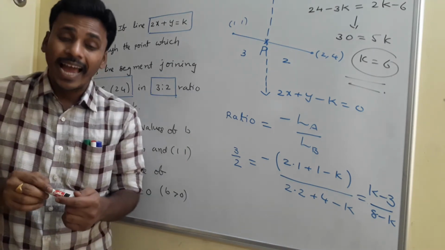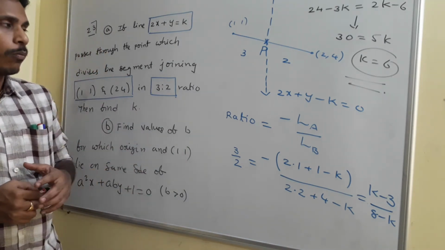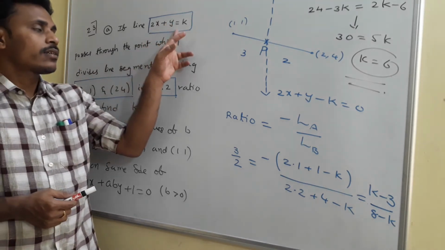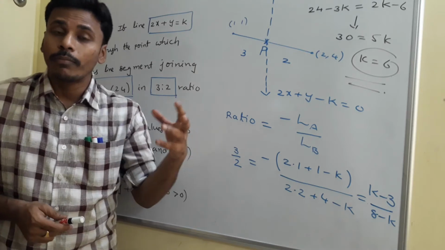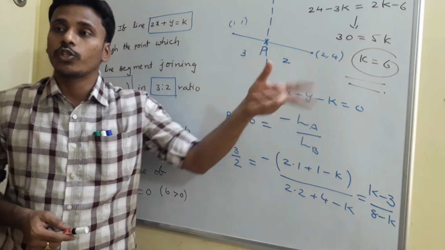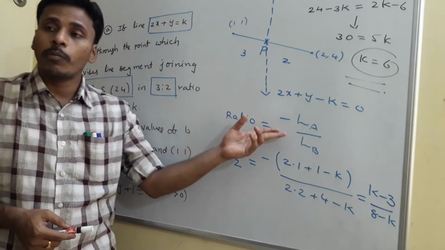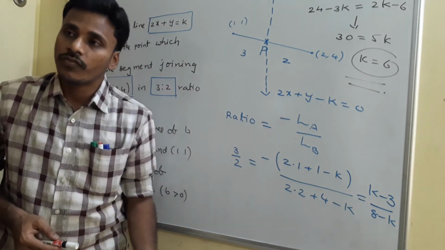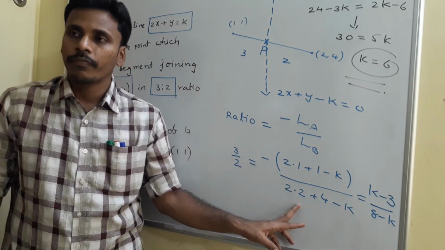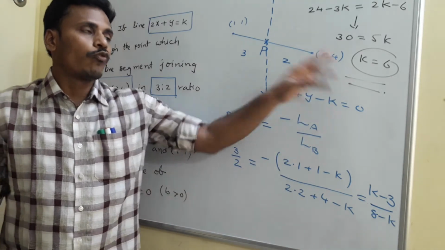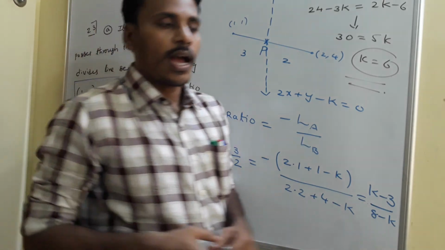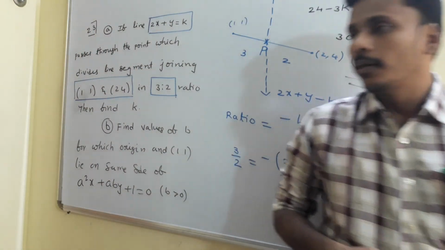First of all, you just identify how you solve this problem. The problem is asking you to find the ratio in which this line divides the line segment joining these 2 points. Already we have a formula to find the ratio. The question is also giving us that ratio. So equalize the given ratio with our usual formula, and then on simplification, you found the value of k as 6. Is it right? Just have a look at this, and we are going to discuss 23b now.